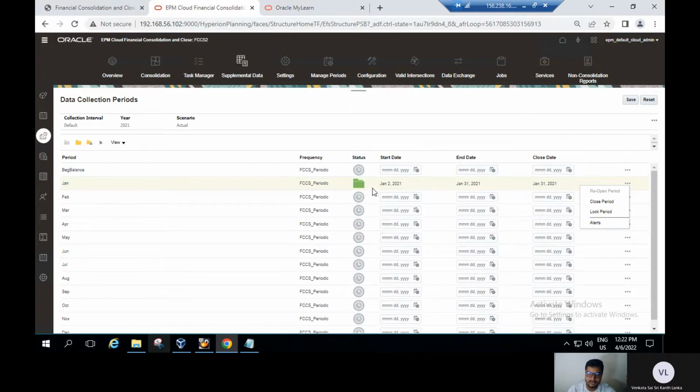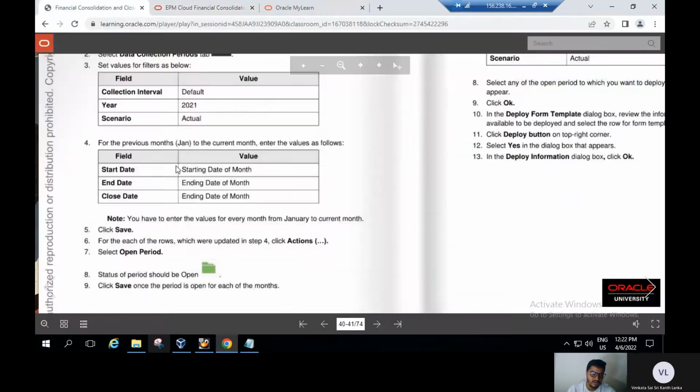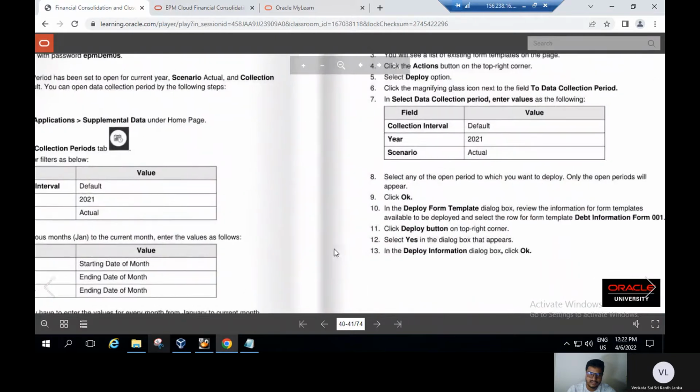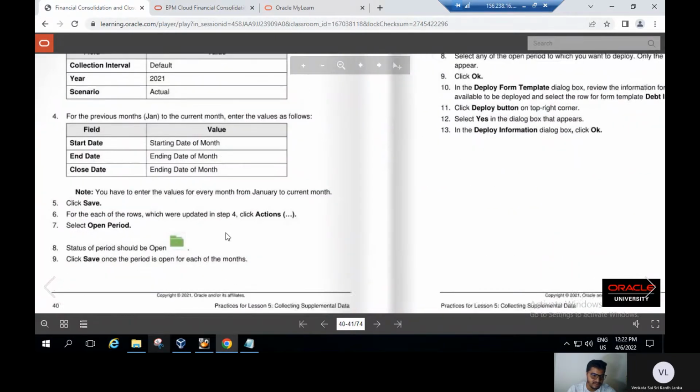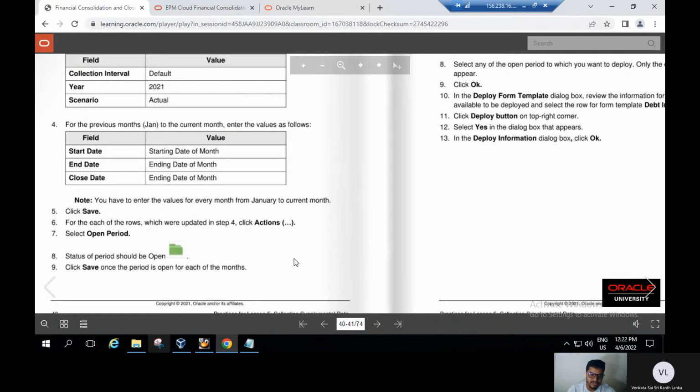Now the period has been opened, that's why it is in open status. If it is in closed or locked status, you can open the period by selecting this option. After that, we will go to the application, sorry, activity guide and see. After opening the period, we will click on save, and